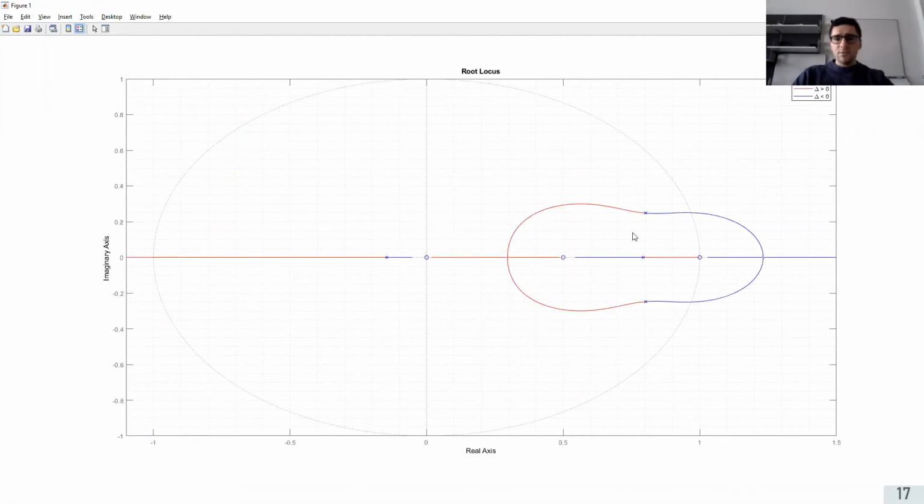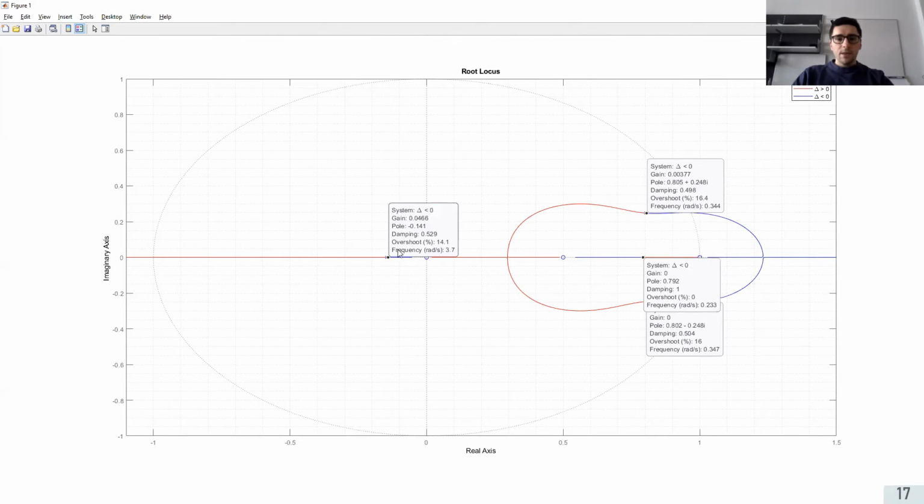So we know that if this delta is 0, then that means that we're located here. So you see that the gain here is almost 0 and the gain here is our delta. So I have my two complex poles. I've got one of the poles here and one of the poles here, okay? And now if I increase delta a little bit, for example,